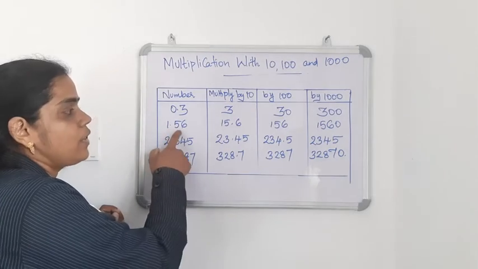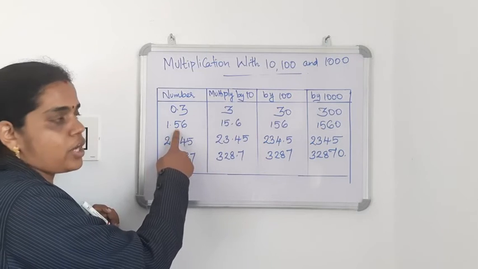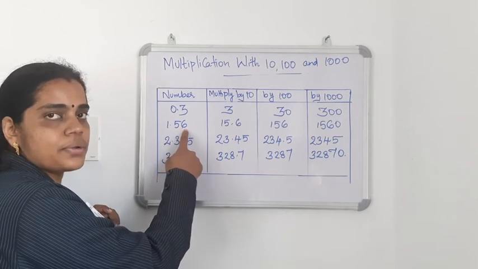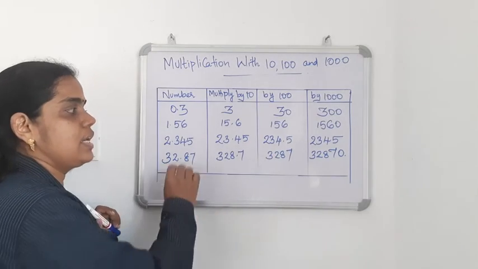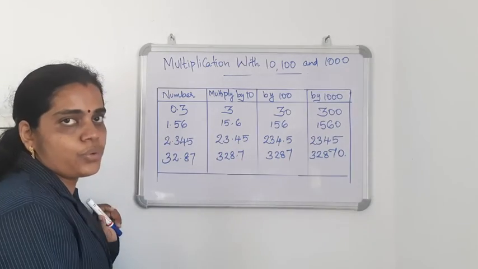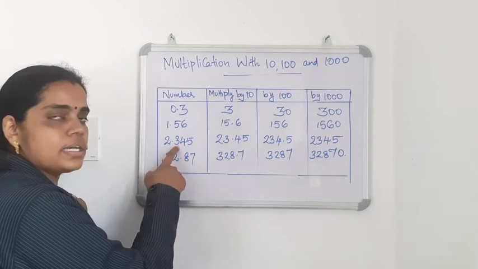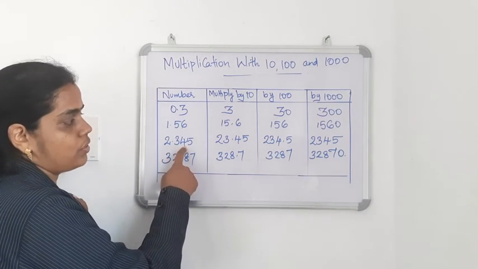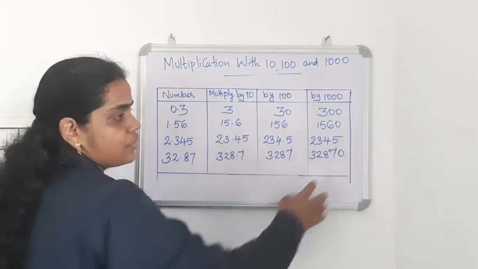Okay. So 1.56. Multiplication by 10 means after 1 digit we can put the point. So 15.6. Then multiplication by 100 means after 2 digits you can use the decimal. So 156. Multiplication by 1000, 3 digits we need, but after the point here only 2 digits are there. So we need to use 1 zero. Okay. Then the third example, it's very easy. Multiplication by 10 means after 1 digit you can use the decimal. Here 100, after 4 you can use; 1000, after 5 we need to use. Anyway, after 5 no need to write.